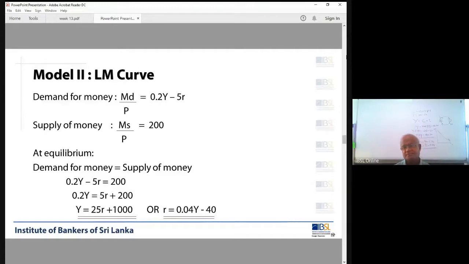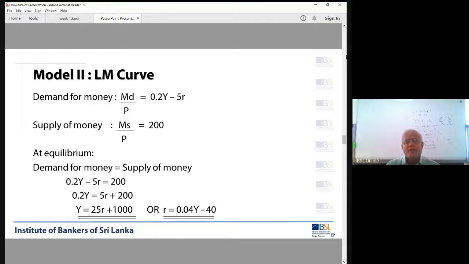Demand for money function. Don't worry about this for now. I have put MD over P and money supply MS over P. Earlier, my notation for demand for money was MD. Now when you divide by P, you make real balances, not nominal. Demand for real money is real balances; then dividing the money supply by price, it becomes real money supply. MS divided by P is real money supply, and MD over P is real money demand.